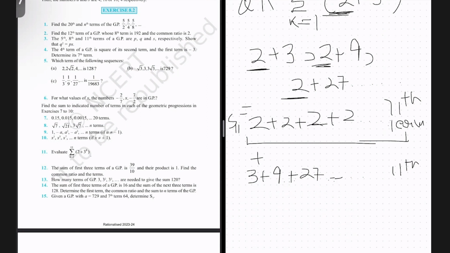Look at the fact that this second part is a GP, with the first term as 3 and the common ratio, which is 9 divided by 3, also 3, right? So finally, S11 could now be expressed as 2 into 11, because 2 has been added up 11 times,